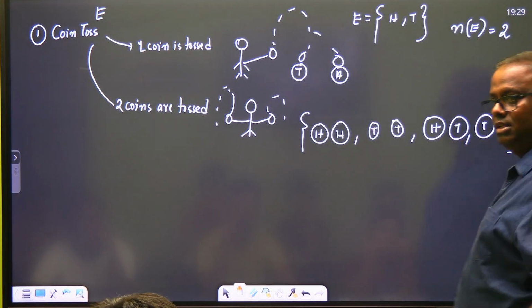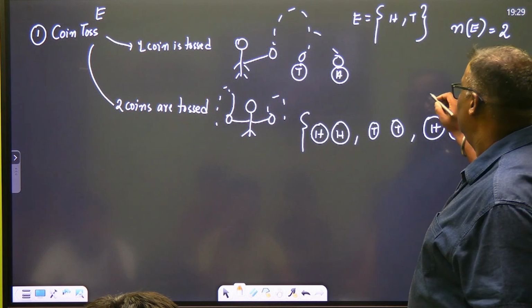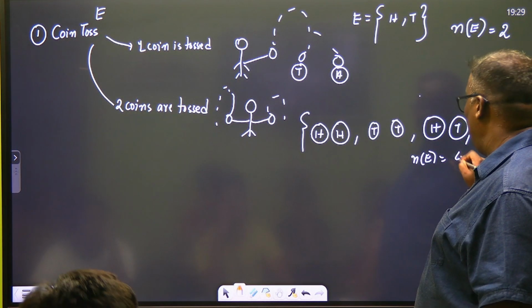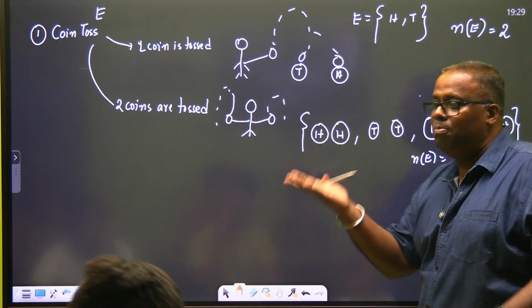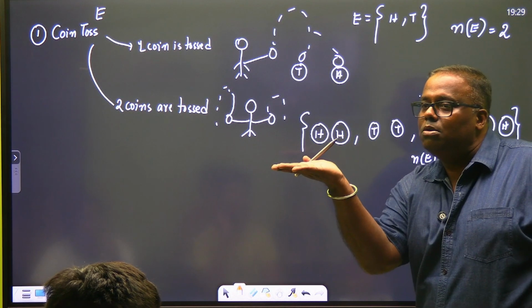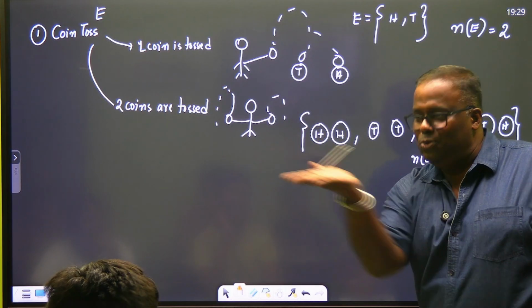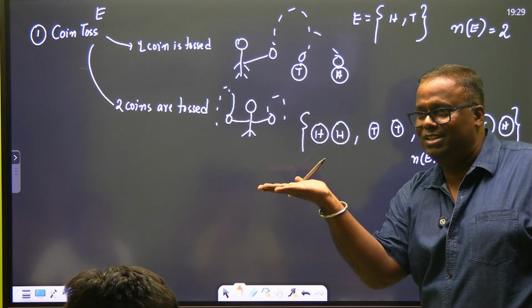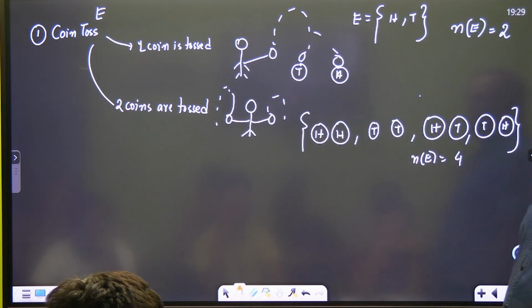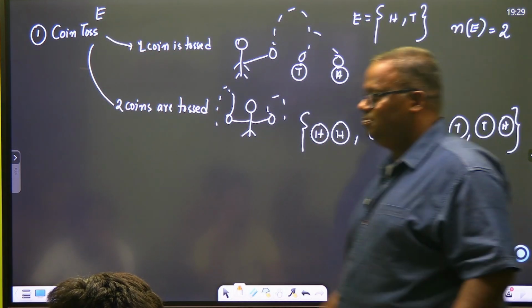यहीं से गड़बड़ी शुरू हो जाती है बच्चों की. यहां पे अगर मैं n of E देखूं ना, then it is 4. This is one platter. This is also one platter. मुर्ग मसल्लम. मुर्ग अलग, मसल्लम अलग नहीं होता है. पनीर टिक्का. समझ में आया? Count is 4. अब सवाल आता है,